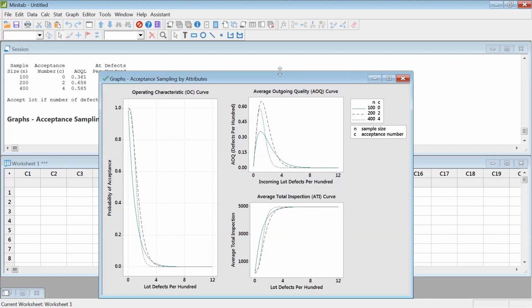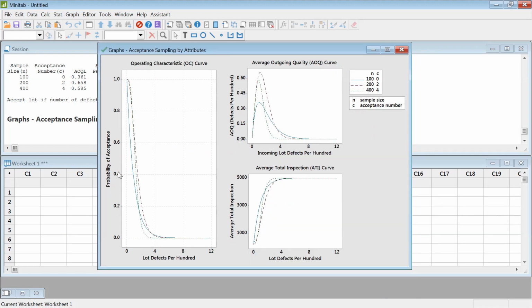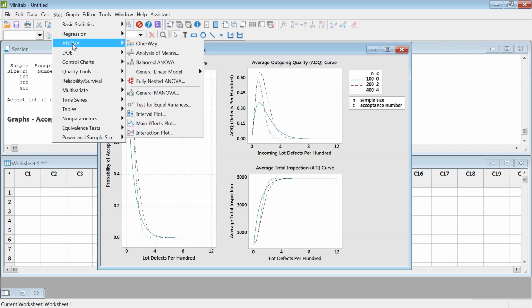So basically this produces the three conditions we have here, this graph, and then this is the average outgoing quality with rectification. Without rectification, it's going to be a straight line through this way, and then average number inspected, that's also created like that. Now you want to compare,